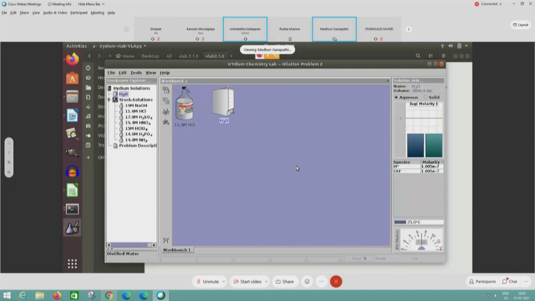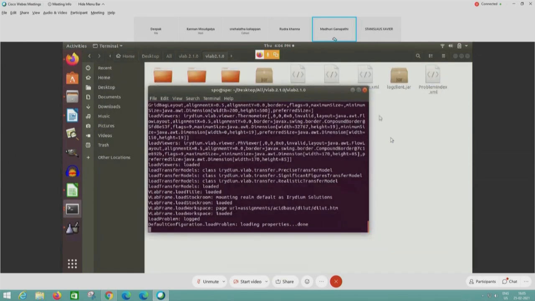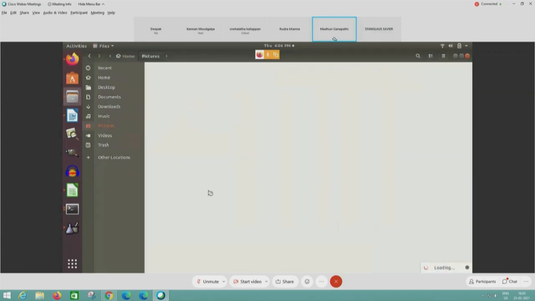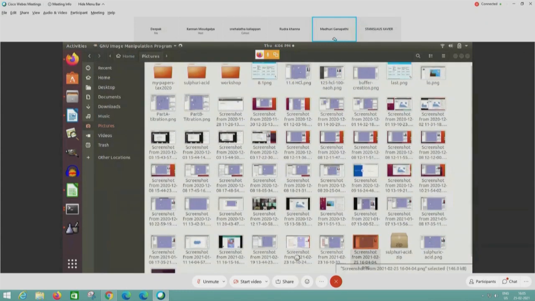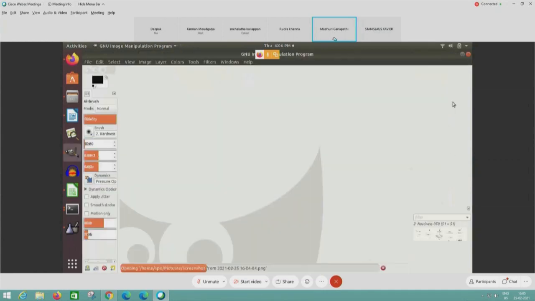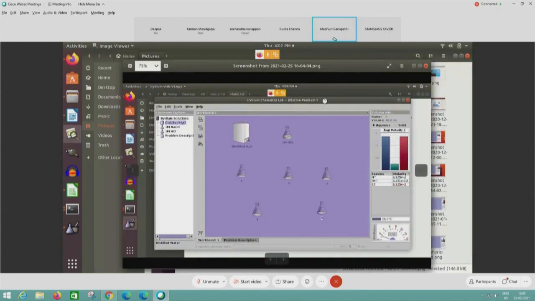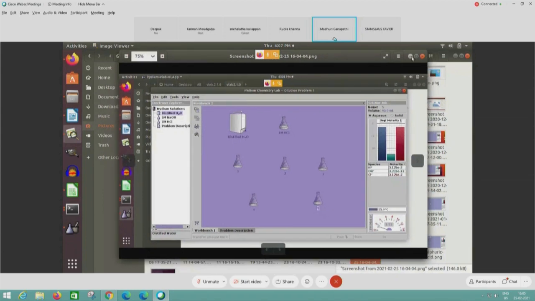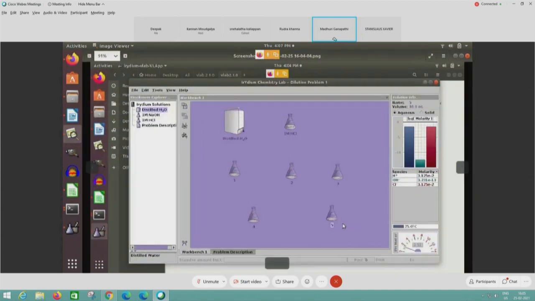Once you are done, I wanted to show the screenshot I took just now of the screen which I was showing. Whenever we finish some experiment, we take a screenshot so that it remains with us.